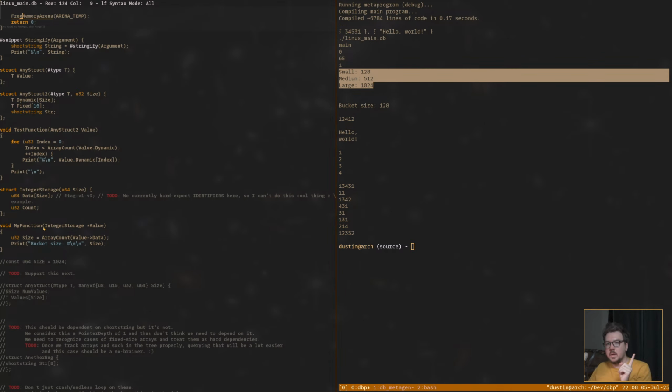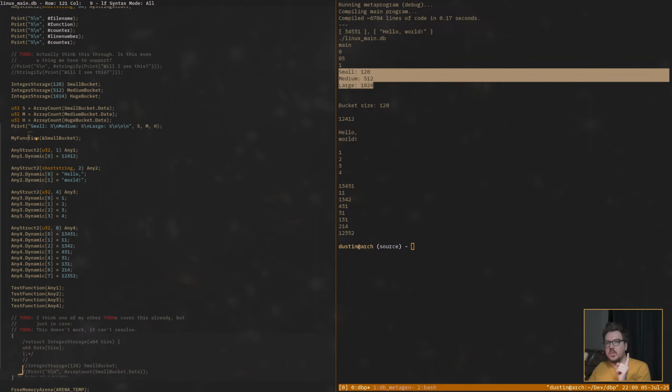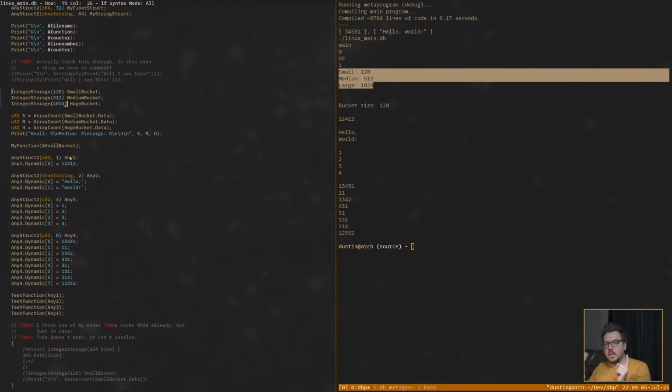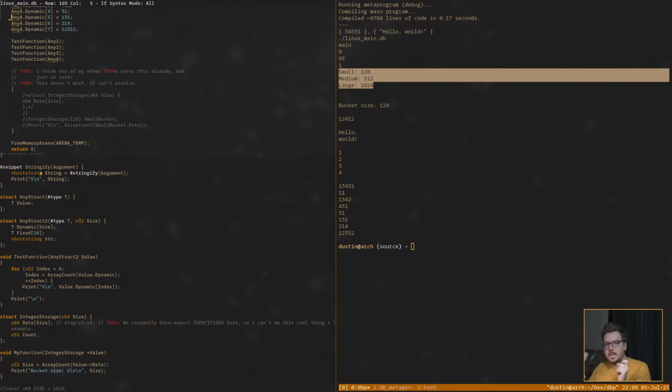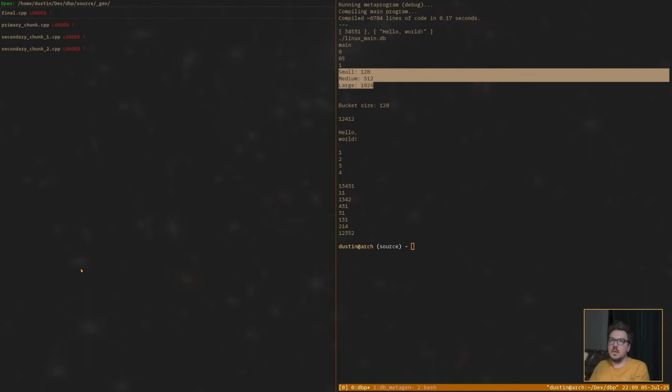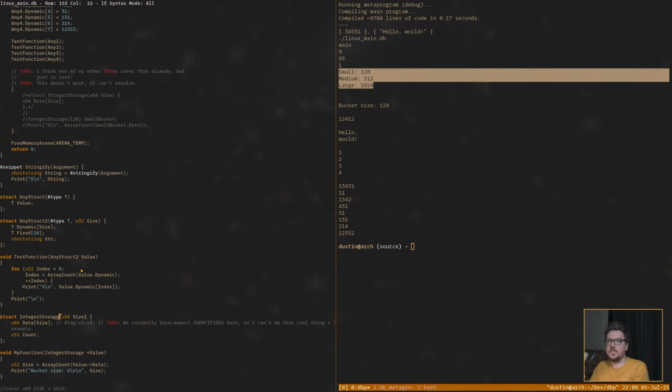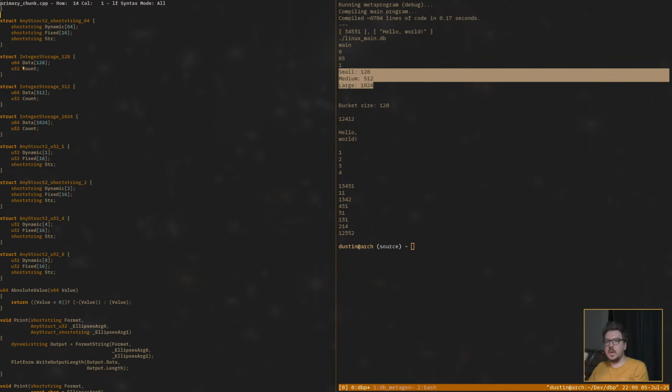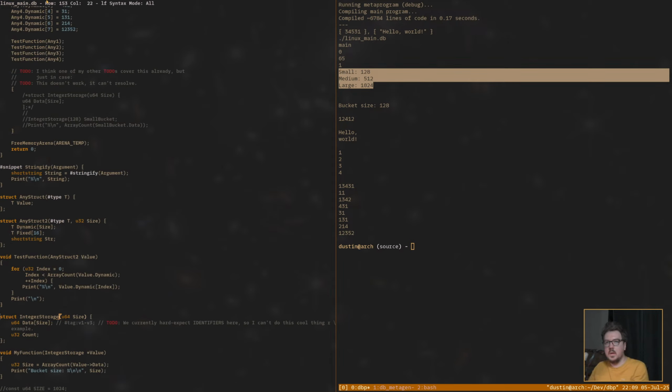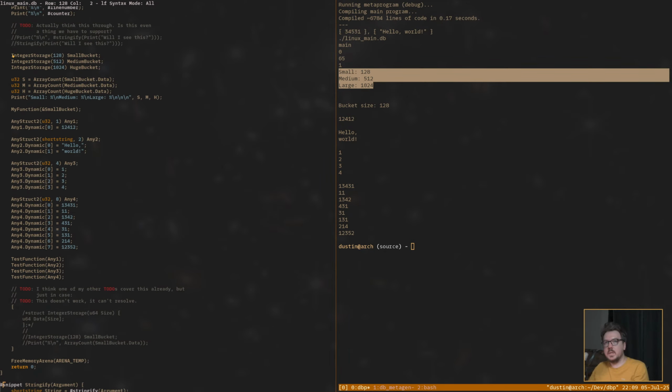So I've instantiated 3 different ones, right? Integer storage with 3 different things. Behind the scenes, it's generating, it just postfixes the any parameters to it. So here's the 128 version, the 512 version, the 1024 version. Those got generated from these calls.